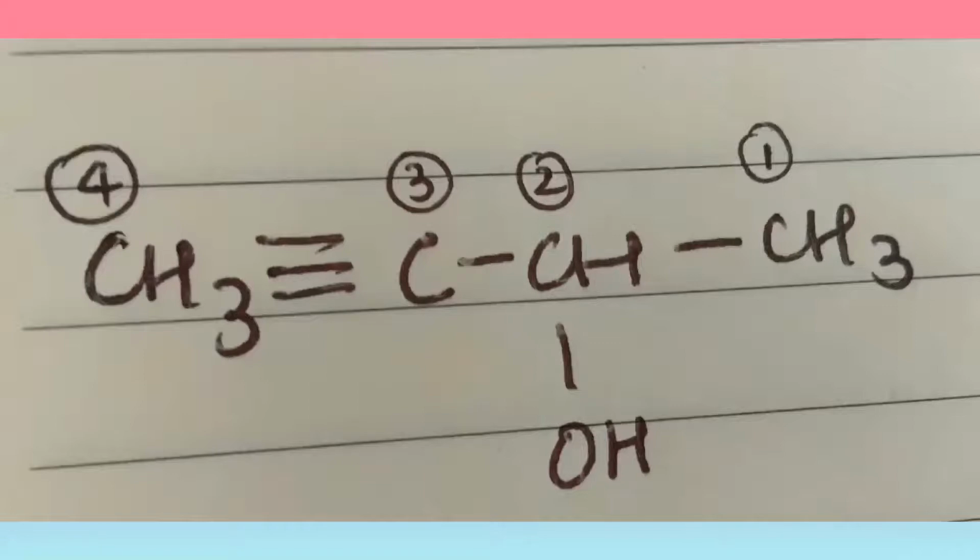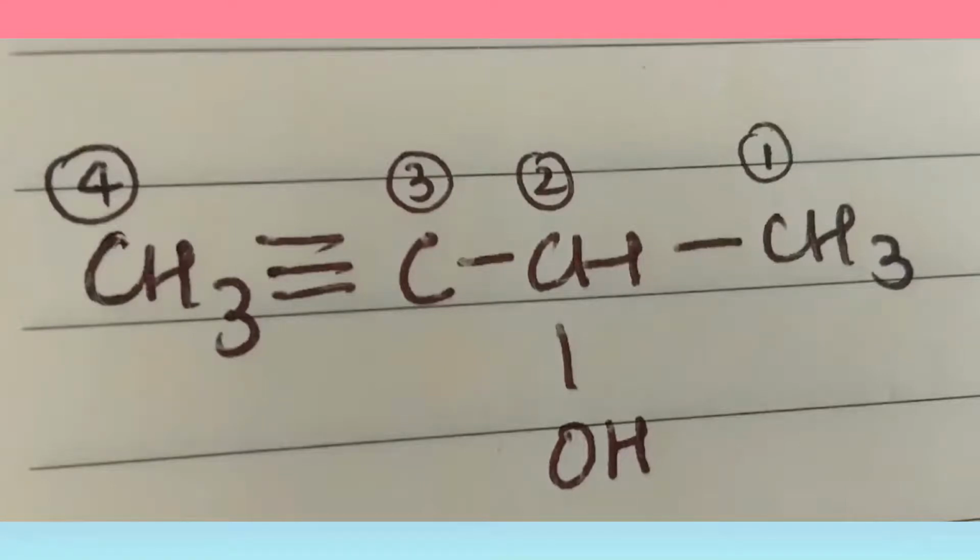We all know that whether it's a double bond or a triple bond, alcohol groups, aldehyde groups, ketone groups, and carboxylic groups are more highly prioritized when compared to double and triple bonds. So the naming is done in such a way that the alcohol group gets the least locant number when compared to the triple or double bond. Here we have a triple bond, and so the numbering is done from right to left, which gives the alcohol group the number 2 and the triple bond carbon the number 3.